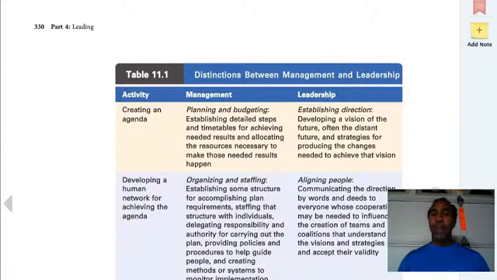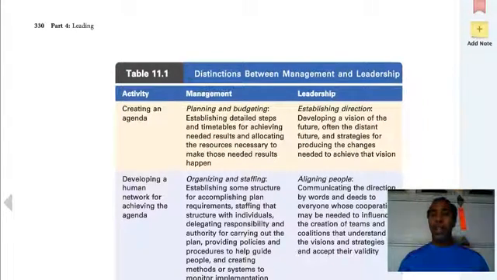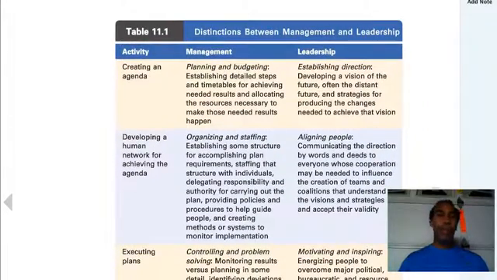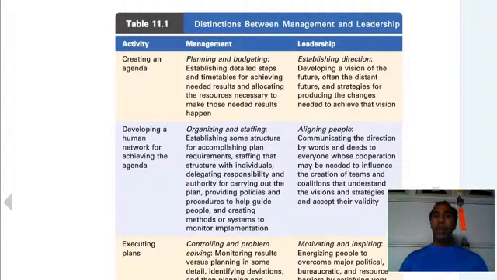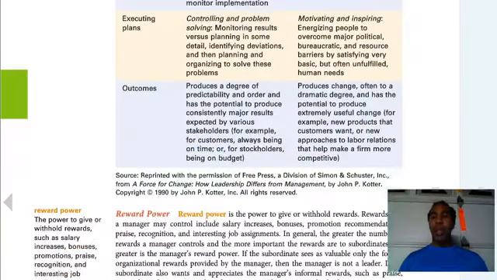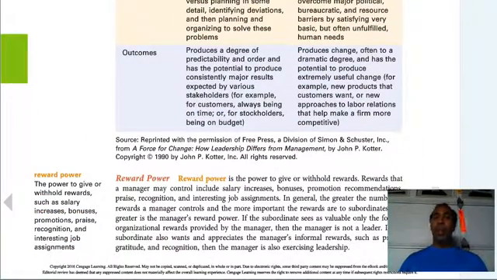Distinctions between management and leadership, I want you to read that on your own. As I say, keep an open mind. And remember that leadership and management are two different things. I'm not saying that a great leader doesn't have some management in it, and that even managers that aren't great leaders don't have some leadership capabilities. So I want you to read through this with an open mind and look at the distinctions between management and leadership. They're great tools for you to learn and understand which side of the coin you believe that you're on, and then kind of fix the other side of the coin